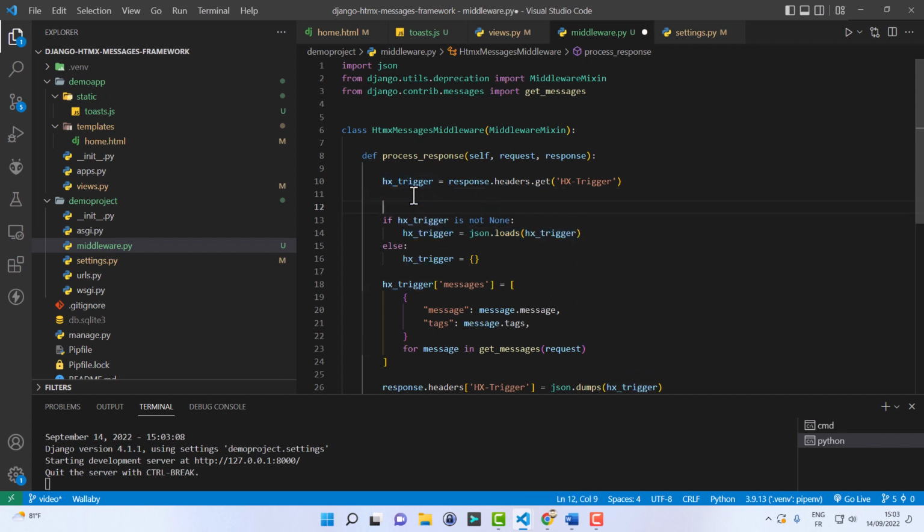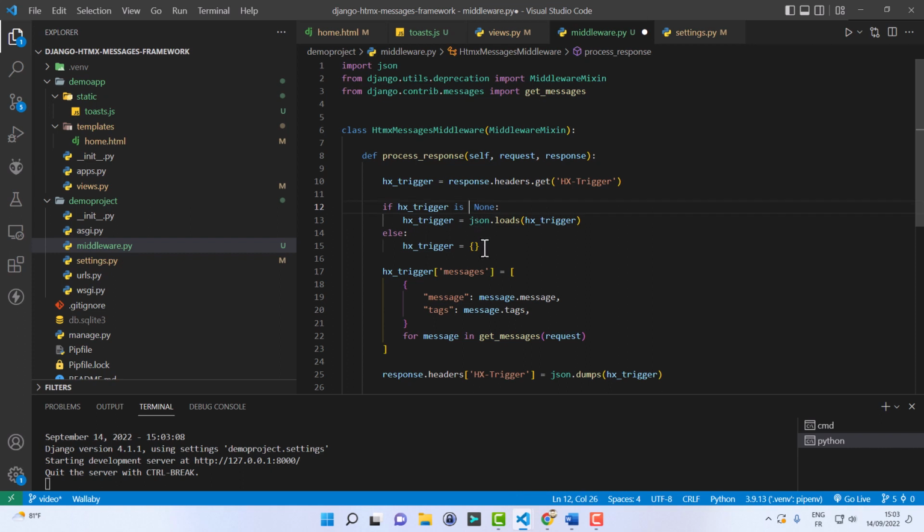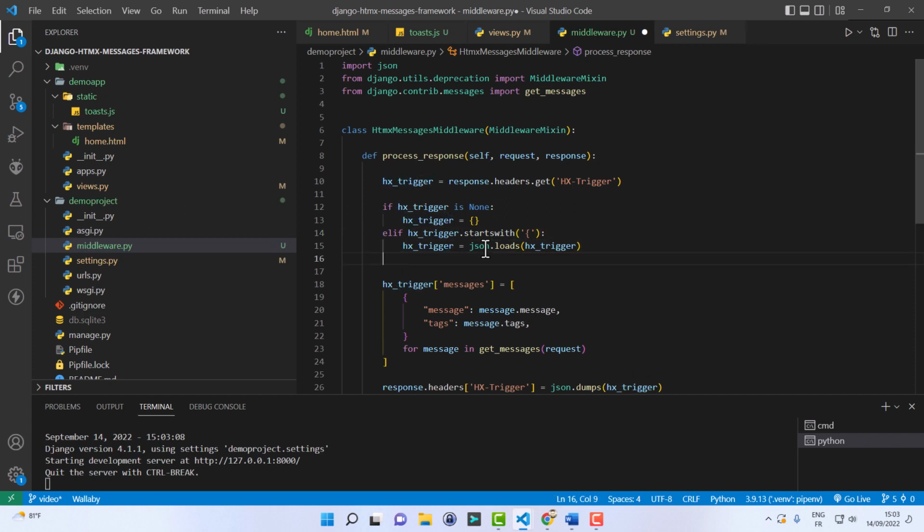So let's do something different. If hx trigger, let me do it here, is none, well, in that case we'll use this empty object. Else if hx trigger starts with a curly brace, meaning it's a JSON object, then we can pass it.